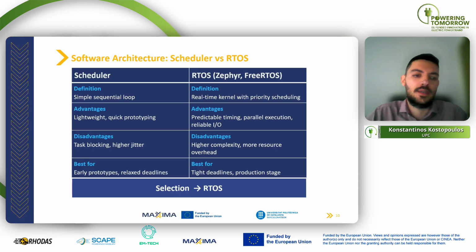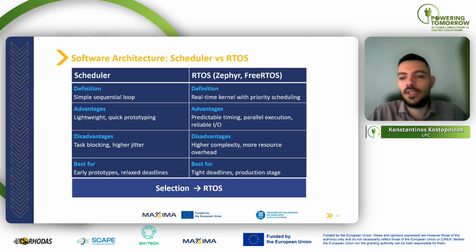And the advantages here, as we can understand, is that the whole process is more lightweight, and it's very quick if you want to make some prototypes. But the disadvantages is that we may have task blocking, because if one task runs over time, everything will have to wait. And also, the execution time isn't guaranteed, because sometimes a task will complete in 10 milliseconds, for example,